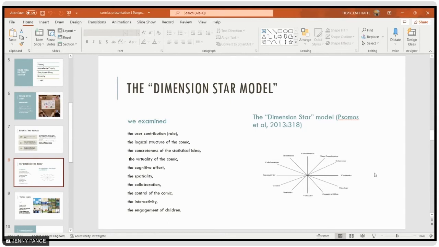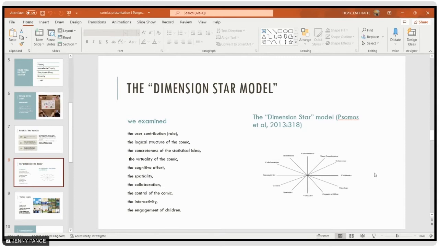We used also the virtuality of the comic. What kind of pictures students like to use, how these pictures could convey the idea of probability, statistics, and mathematics to students. What was the cognitive effort, the functionality of the software they used? If that program they tried to use was, in a way, okay with the notions they wanted to say.